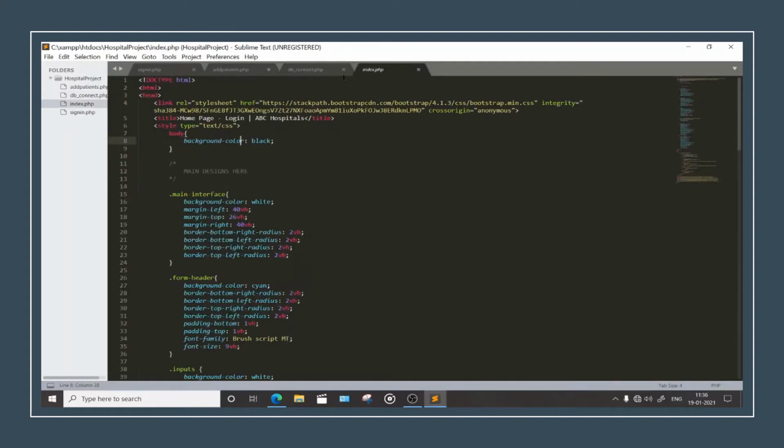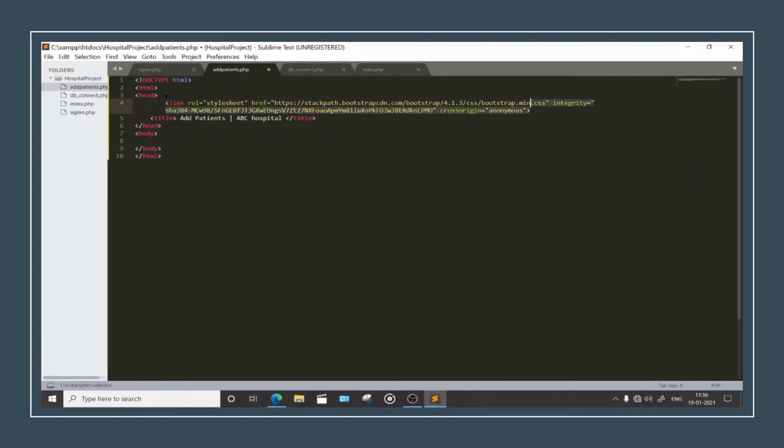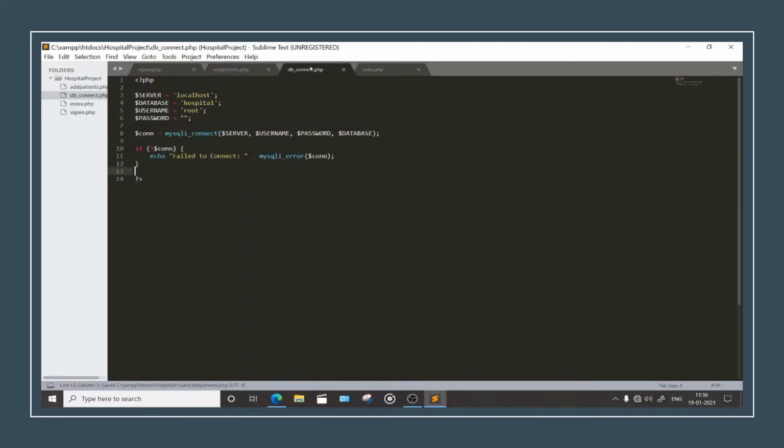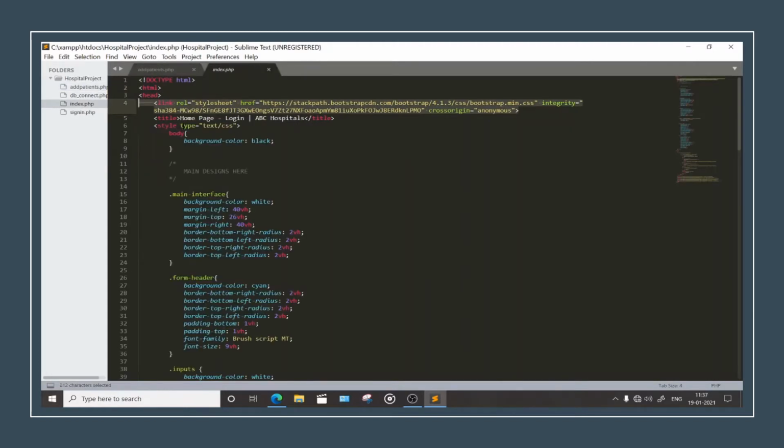Head down to the index.php file and copy all the other things which are needed. Just copy, nothing else. Now let's close the other unneeded files.